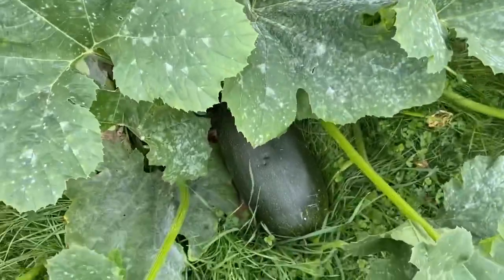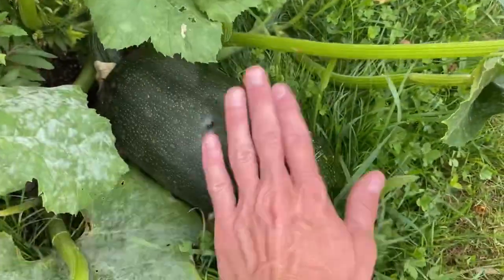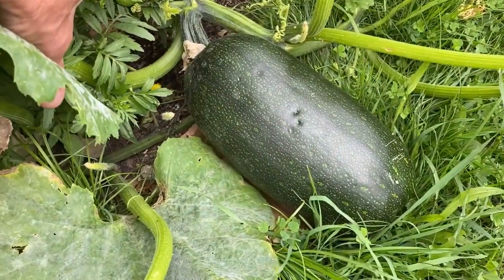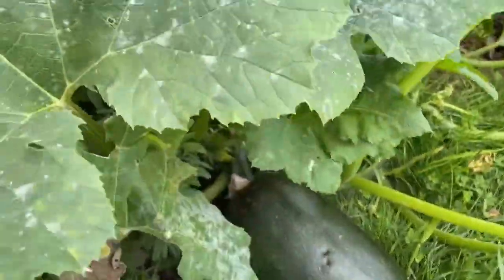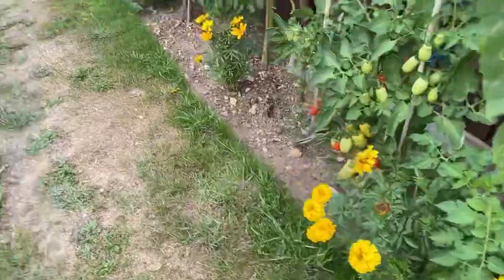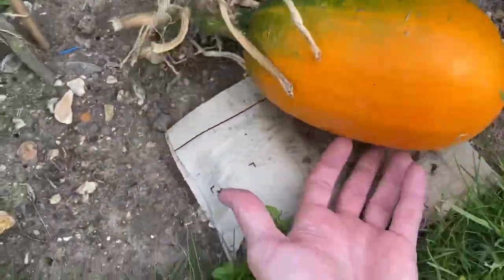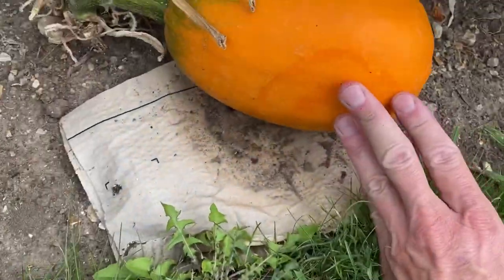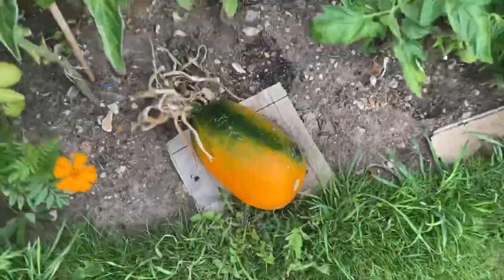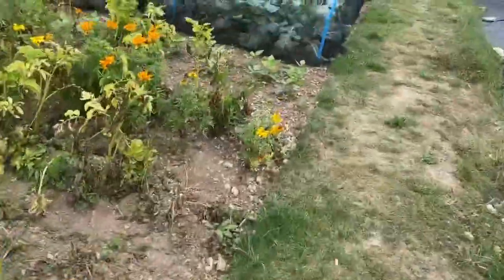Okay, so I took a couple of these off already. Yeah, that very much looks to me like a marrow. So a couple of them have come off. And then I just showed you this one as well. I think this is some form of squash. We don't know what it's going to be like. Trying to turn it over to, well, hopefully ripen it up, and we'll see what it tastes like. And then I'll show you